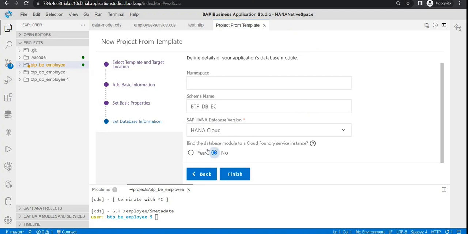We would right now not be generating any Cloud Foundry instance. If we generate like this, we would have a HANA Cloud. Now, this is my schema name. If I go one more step further,